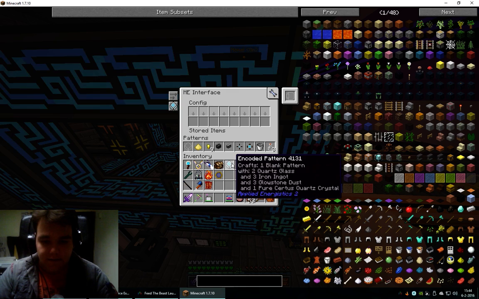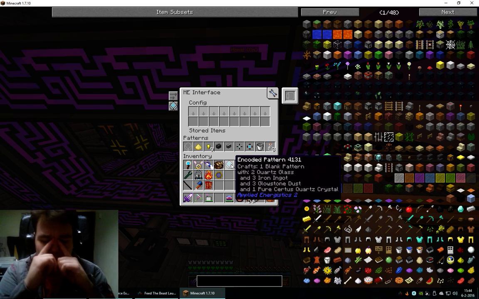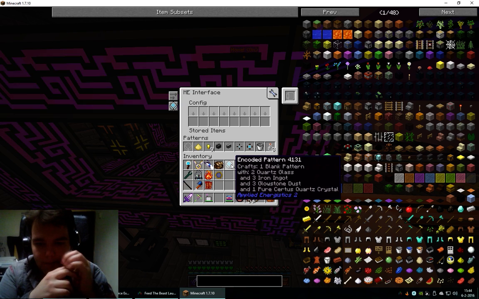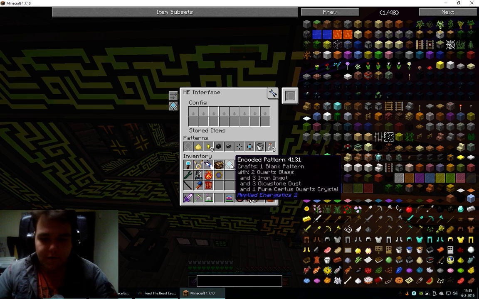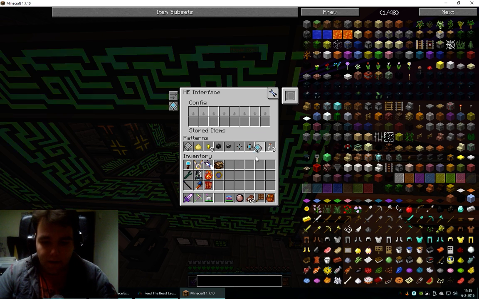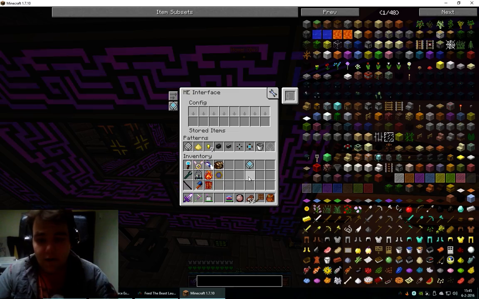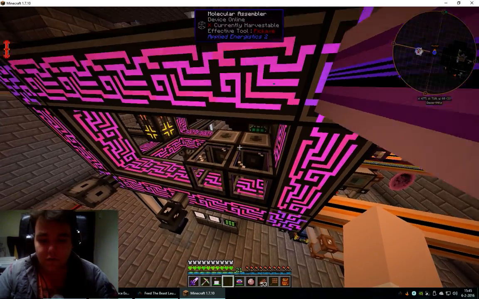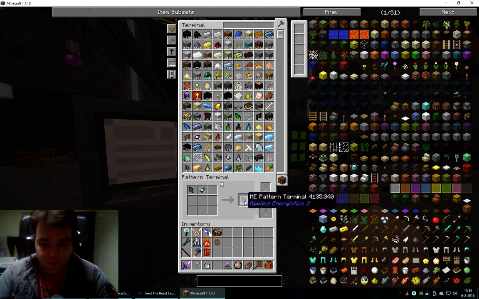So this disk, this encoded pattern, explains how to build a blank pattern. It's like a blueprint. Like, this is a blueprint for a bucket. You need 3 iron ingots, and it shows the configuration to set it up. This is a pattern for a glass bottle. It shows the configuration. You just get the configuration for any item whatsoever, such as a